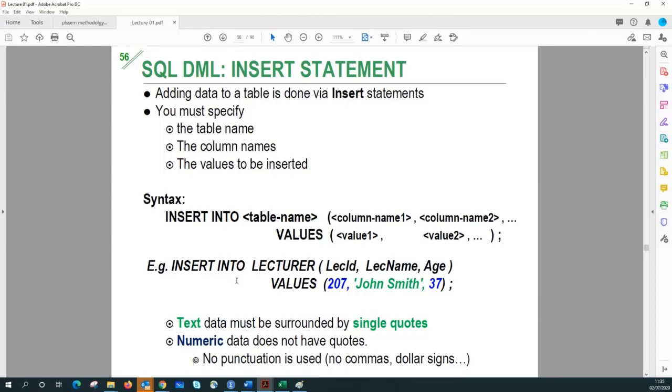Here I am inserting one lecturer, so I specify all the column names. There are 3 columns: ID, lec name, and age, and the values corresponding to these columns are 207, John Smith, 37. And one important thing you need to remember when you are inserting the numerical values and